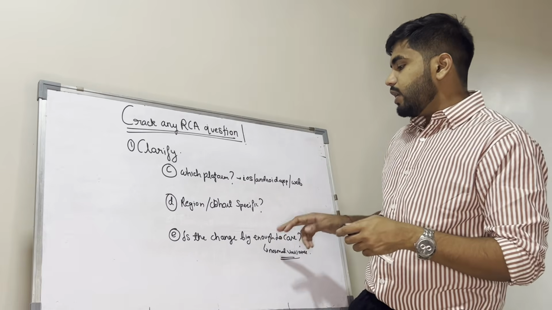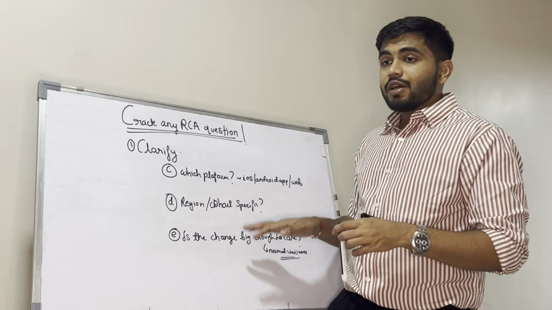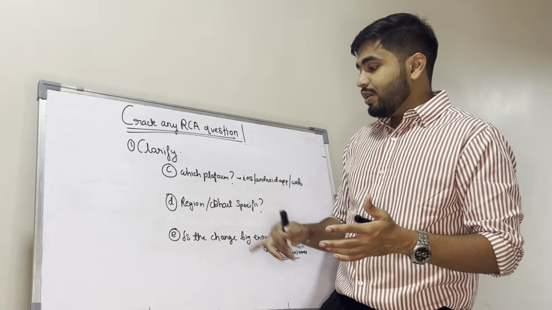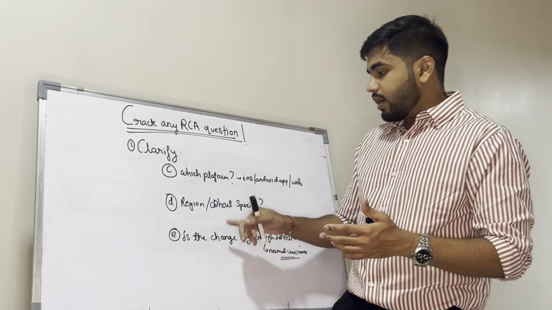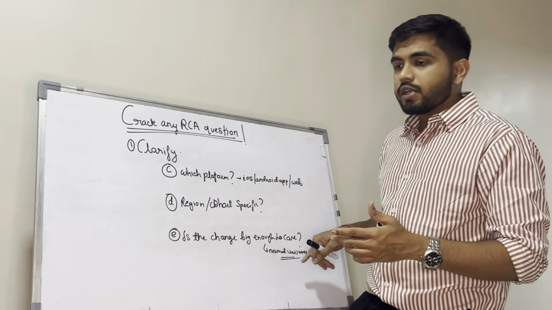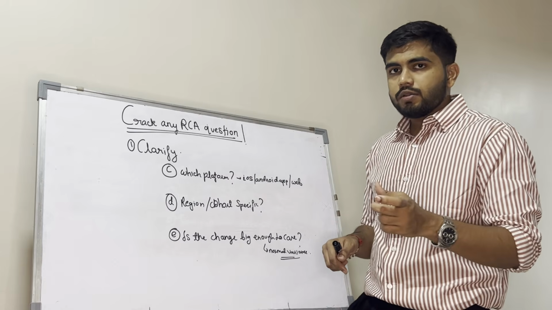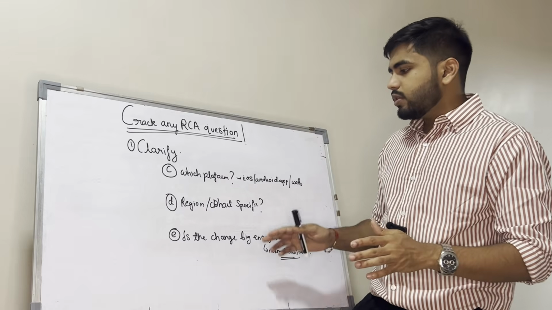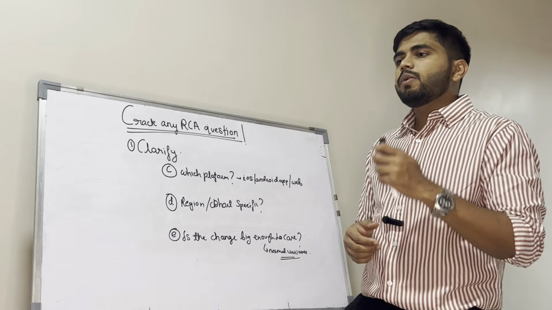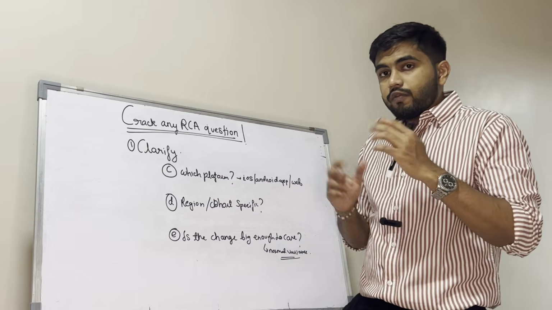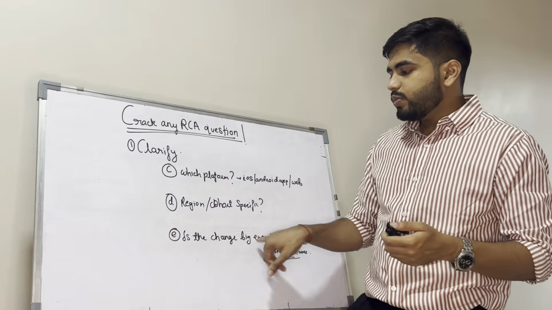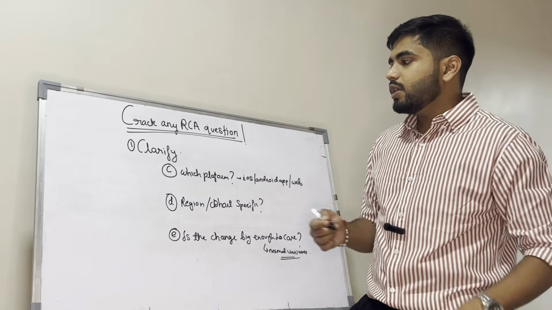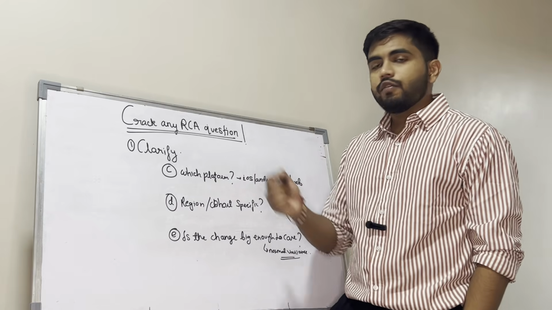So, is the change big enough to care? Do not always ask this question, because if the metric, say engagement, has dropped by 80%, it's obviously a big change. So this question need not be asked always, but whenever required, you can ask it, along with something like, what is the normal variance? How much does the metric change in general? This makes you think, is this problem really worth solving? Is it a very big change or not? This is to be asked only when you feel the question is required. Generally, these are the five questions that we have in clarification.